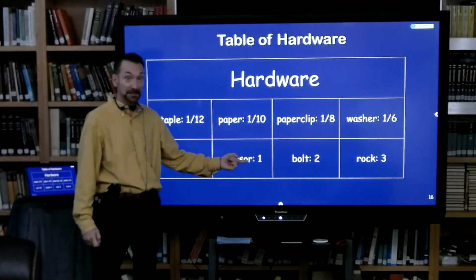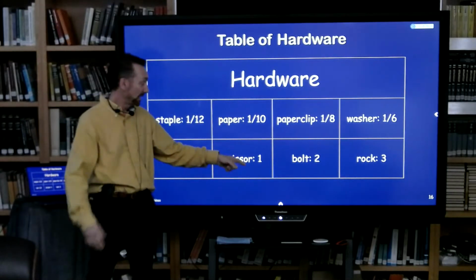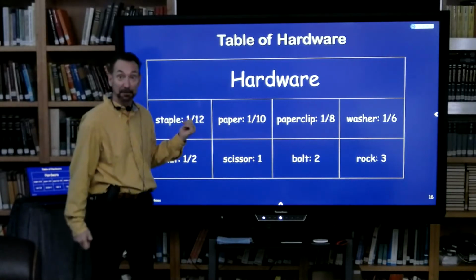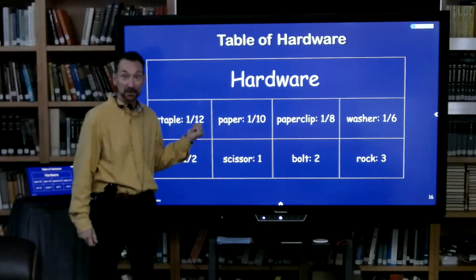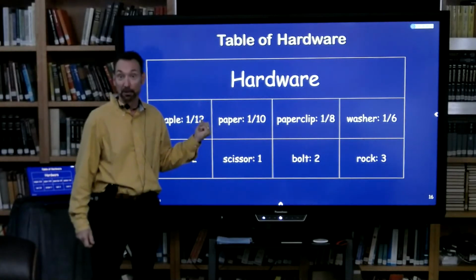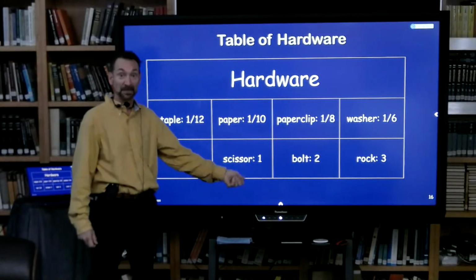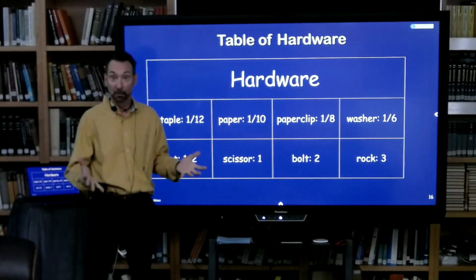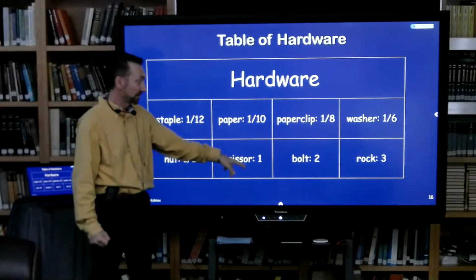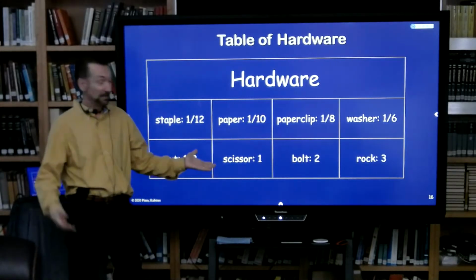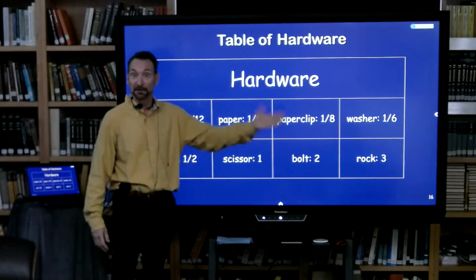But it works if you multiply. If you have 10 scissors, then that's 10 pounds. If you want 10 staples, that's 10/12 of a pound, about 0.83 pounds, or kilograms, or grams. It doesn't matter what unit they are, as long as the units match and you use the relative masses, then you can determine how many things you need to mix with each other.